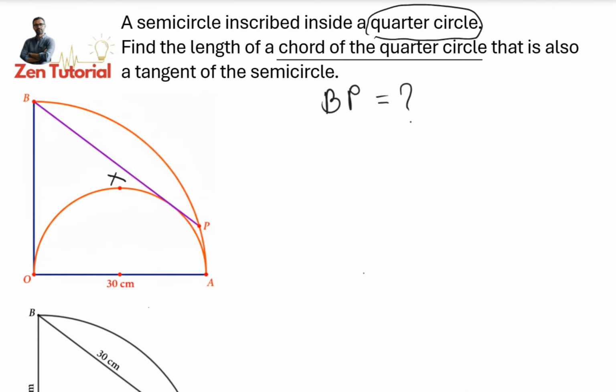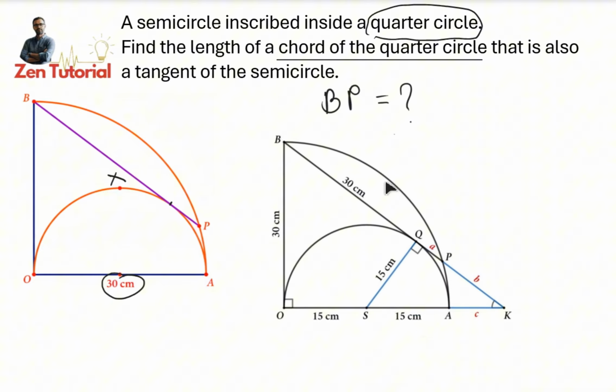And that chord of the quarter circle is also a tangent of the semicircle. So let's say here is a point where the tangent touches the semicircle OXA. From the figure, the semicircle is of course inscribed, and a very important point is that the semicircle diameter is 30 centimeter. This is also given. Now if we redraw this picture like this,